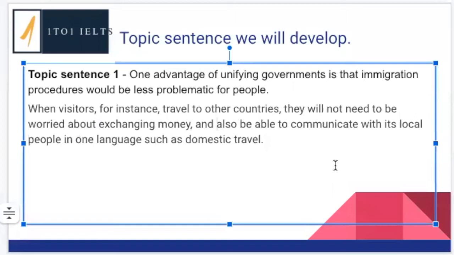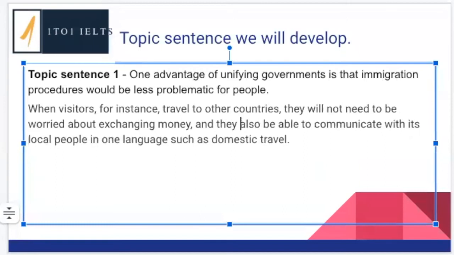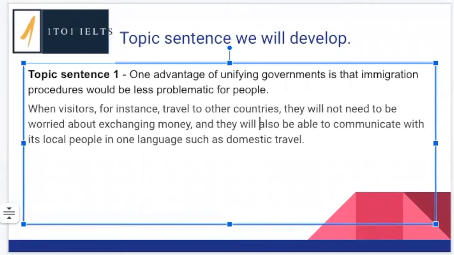And so what is our subject? They, okay. So when we've got a number of verbs together, we put our also between the first auxiliary verb and the second verb. So they will also be able to communicate with